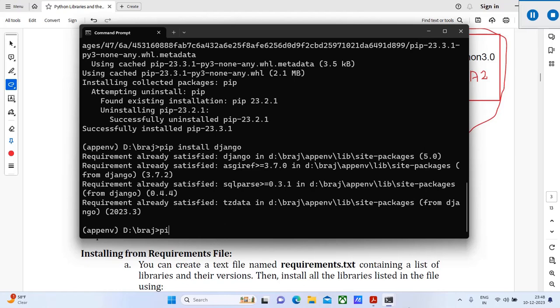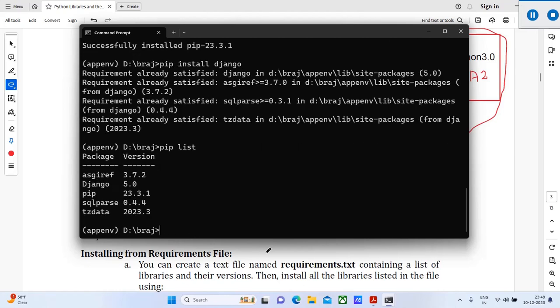If we take the list of installed libraries, we will see with pip list. These new files are installed in this virtual environment, which we have already created. Now if we want to share this virtual environment with another person, we have to create a requirement